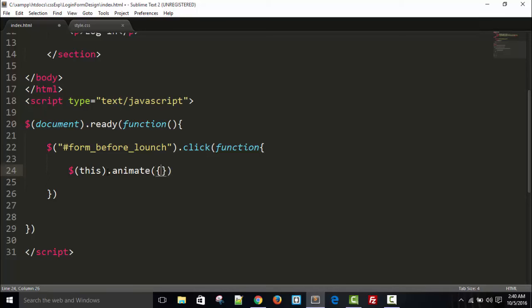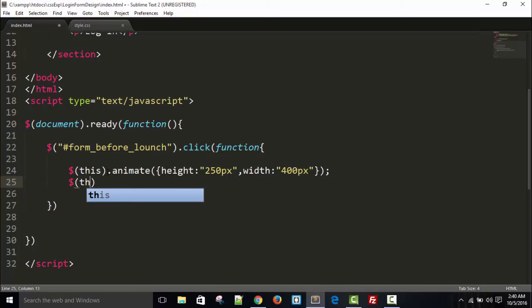and height should be 250 pixels and width should be 400 pixels, and $(this).animate, this dot children